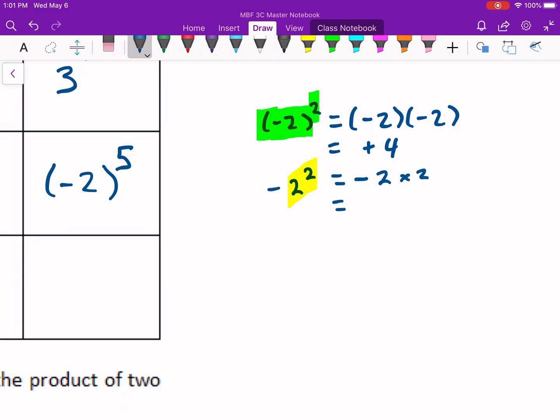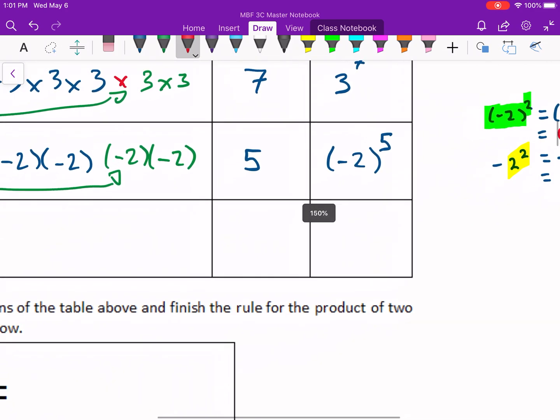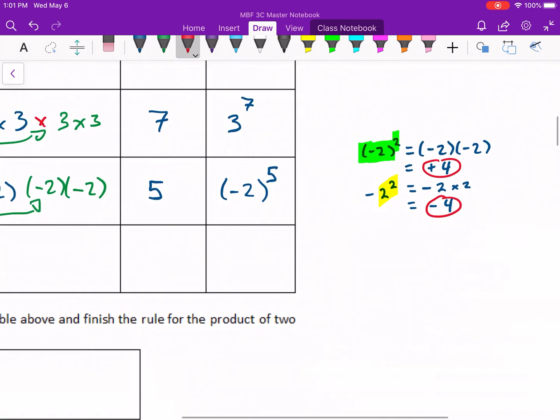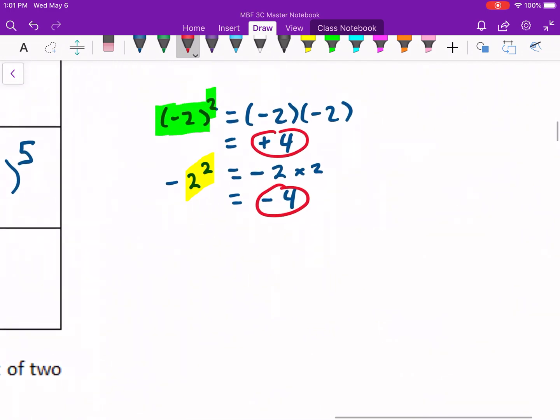So now I've got a negative times a positive, and so the difference between these two answers is one's positive, one's negative, and that's all just because of the brackets. So you really do have to pay attention to the brackets for exponents. It matters. The short form, just to sum this up,